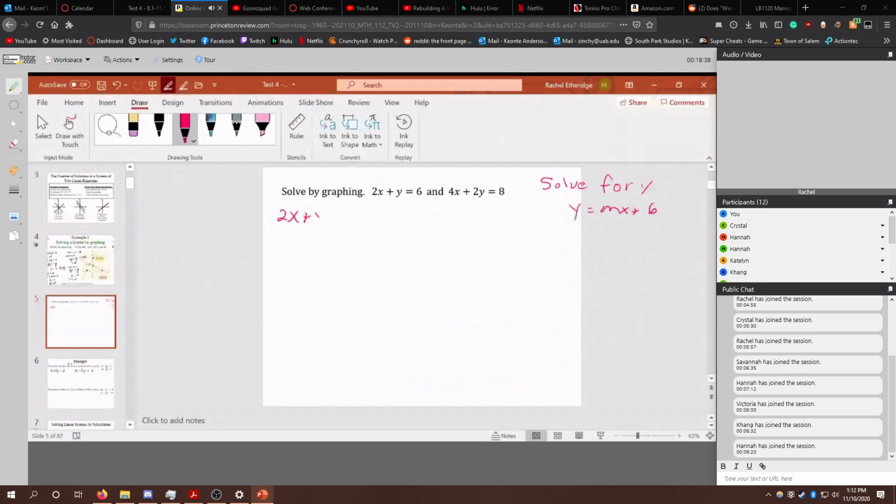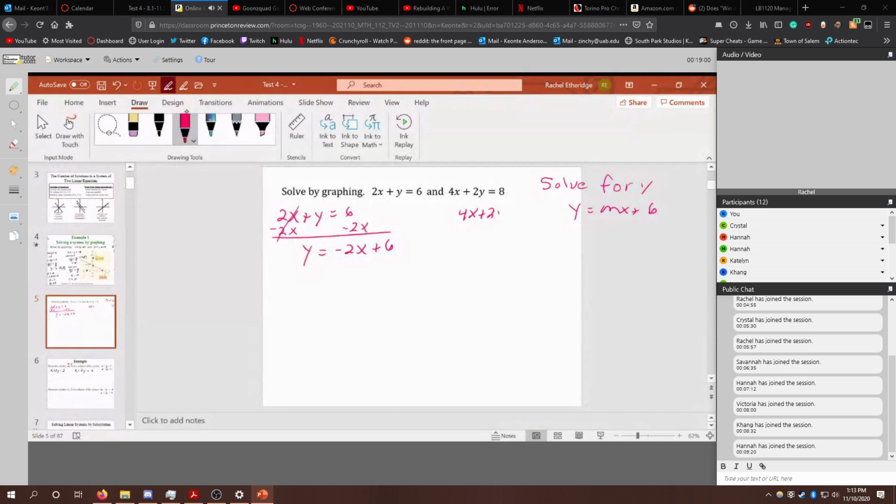So I'm going to subtract 2x from both sides. And that's going to give me y equals negative 2x plus 6. So the 2x's cancel on that side and you bring it to the other side, and that's one of your equations. And then I have